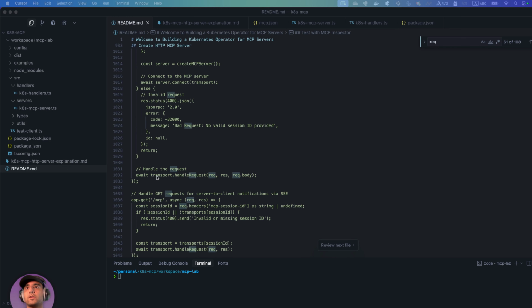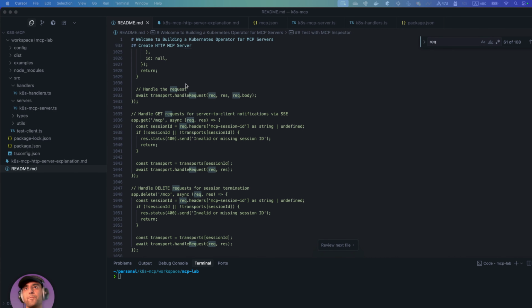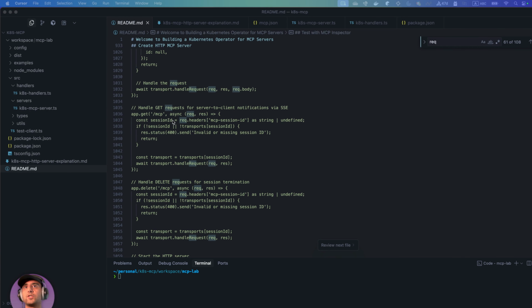Otherwise, we have the transport and we have the application running. Now we can let our transport handle the request received by our Express web application. This was for the AI to MCP server communication path. For the other way around, which is called server to client notification or server-side events, we need a